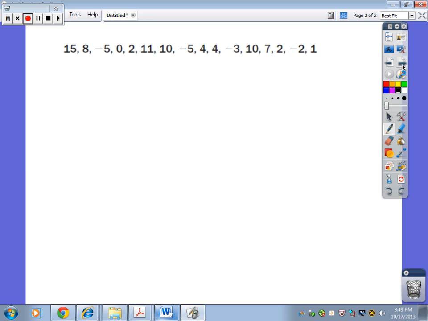All right, so I got to find my smallest number. And of course, we've got some negatives in here. So the smallest number that I see is -5. I'm going to write -5, and cross that one out. And there's another one, so we're going to do -5 again. And then I need to go to -3, and then a -2. All right, and then I've got a 0, and I've got a 1,